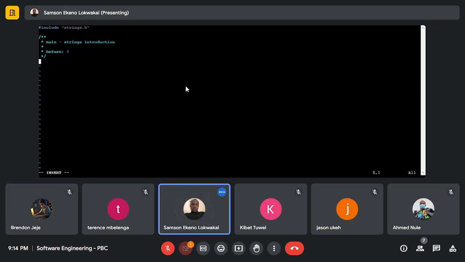Then into main. I'll ensure it is interactive, and I would start by